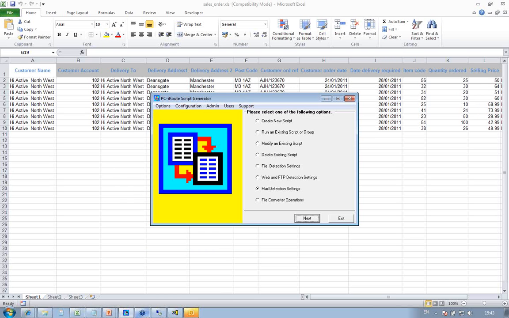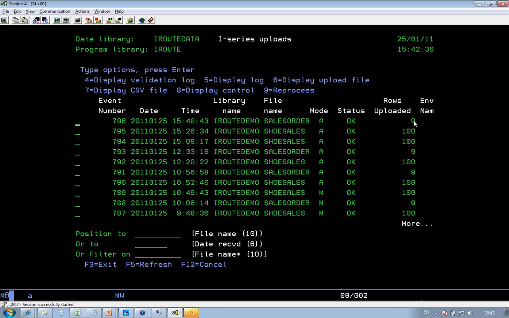If I go back to the iSeries, I'm sure because we've done a little bit more work this time, if I just F5 to refresh that screen, you'll see the new data has arrived. 9 rows are uploaded. So I can still look at the data